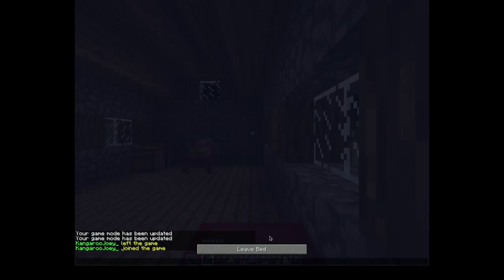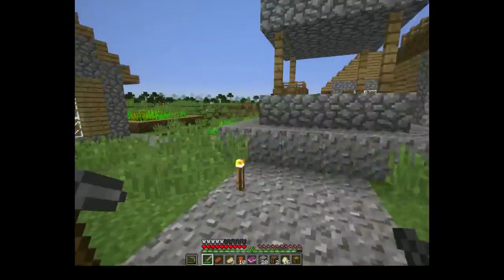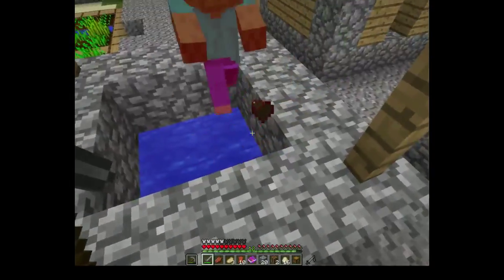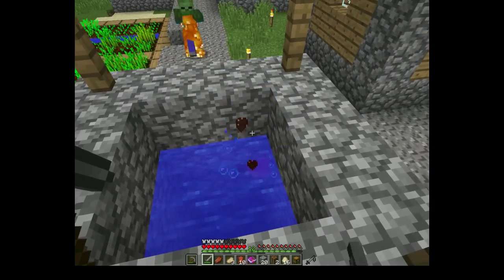Oh, you're starving. Does that mean that you won't be able to sleep? Oh my gosh. It does. Wow. Eat food real quick. All right. Some raw. There we go. That's pretty lame. No, it's actually kind of smart. There used to be a kind of glitch, an exploit where if you were sleeping in the bed, you'd be invulnerable, because you couldn't take damage. So now they made it so that...